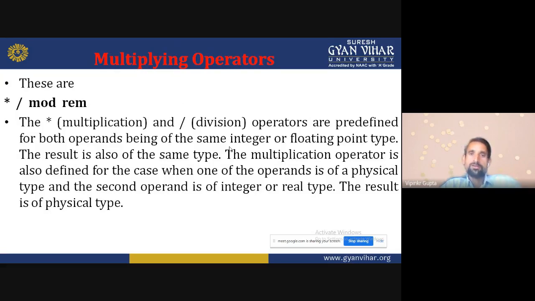The result is also of the same type. The multiplication operator is also defined for the case when one operand is of a physical type and the second operand is of integer or real type. The result is of physical type.